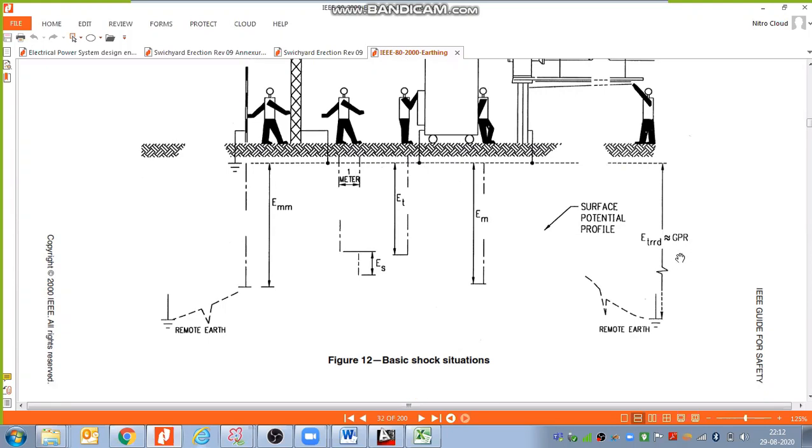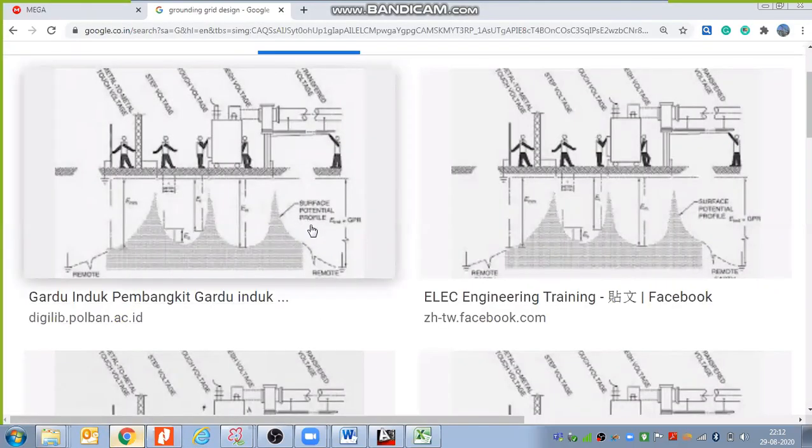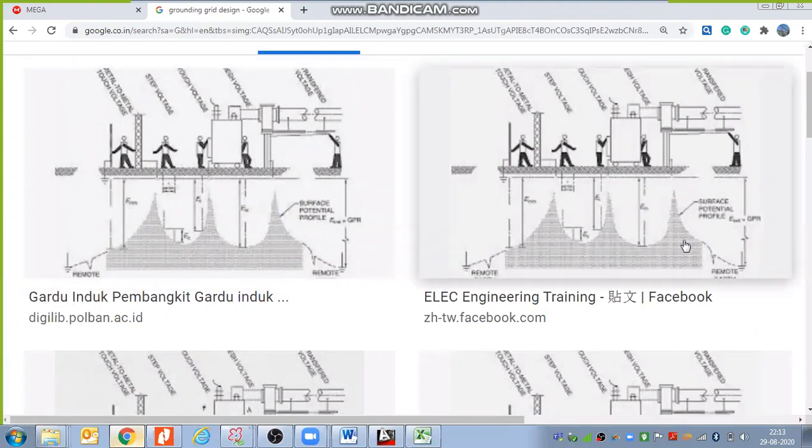So this is the GPR, ground potential rise. Here we have the zero voltage, and here this much, how much the voltage increase of the system, so that we are telling as the GPR. So this voltage is the GPR voltage, surface potential profile. Surface potential means on the surface we have two voltages. When the rod is coming, then voltage will increase. When the natural soil is coming, then voltage will decrease.